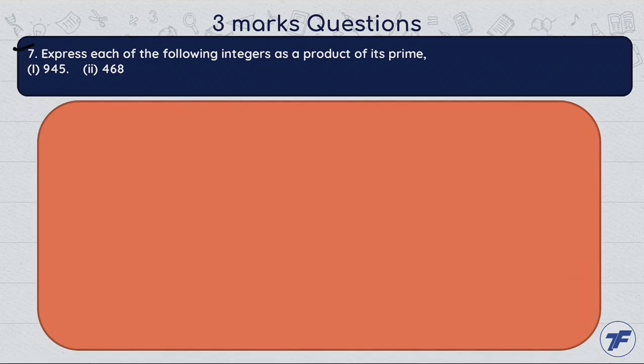Now the next question, question number 7. Express each of the following integers as a product of its prime. Here we have to find the prime factorizations of the given number. Taking first